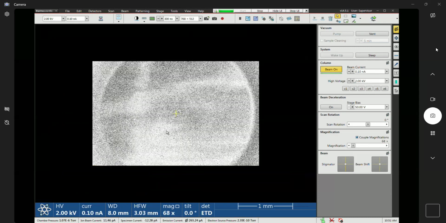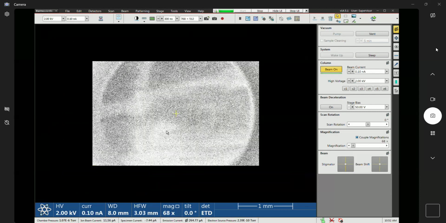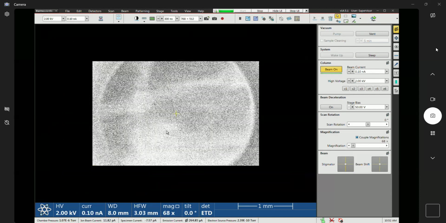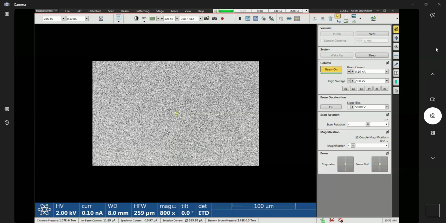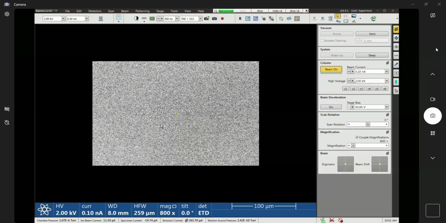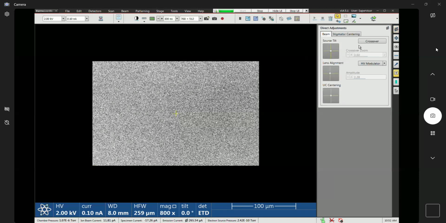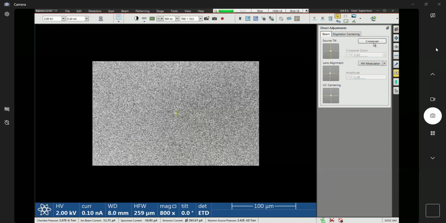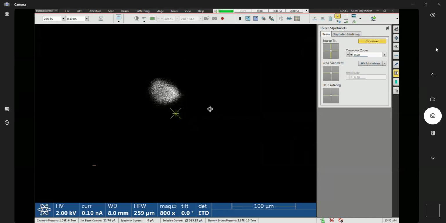So if you unpause the quad and you don't see anything and everything seems okay otherwise, then where I would start is going to the direct alignments. If you find your direct alignments module here, the thing you need to check most likely is this crossover. So if we click on crossover, if the spot is not centered, then you're probably not going to see anything in your image except noise. Just to show you this, if I move this way off,